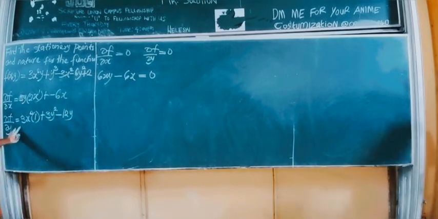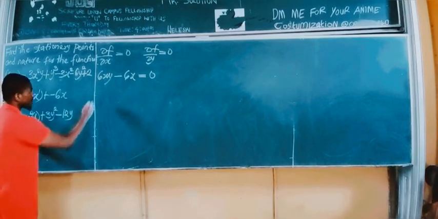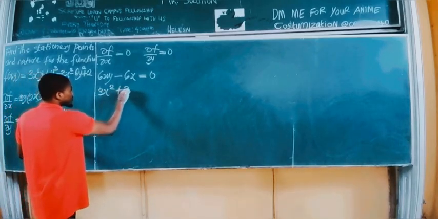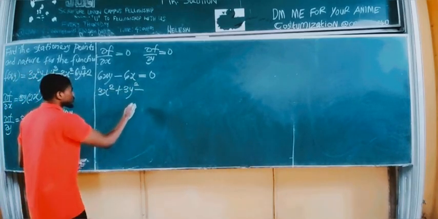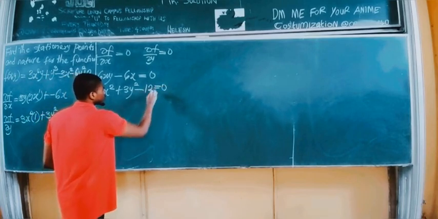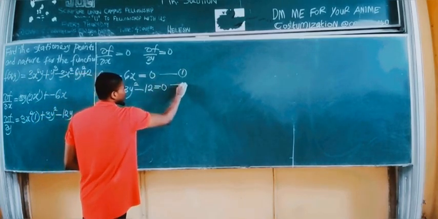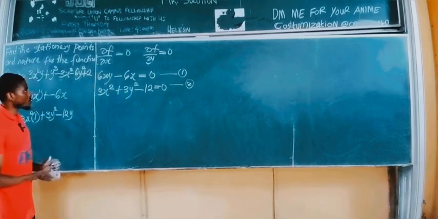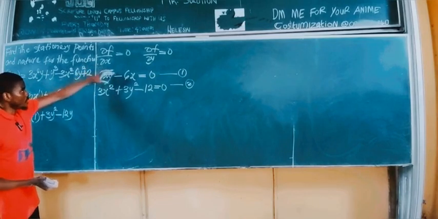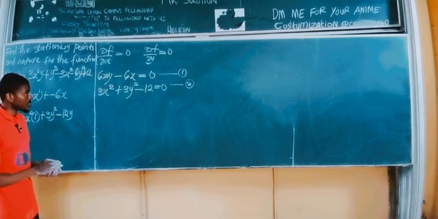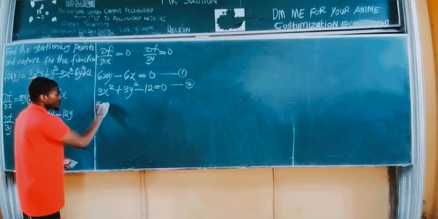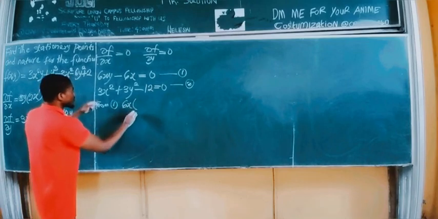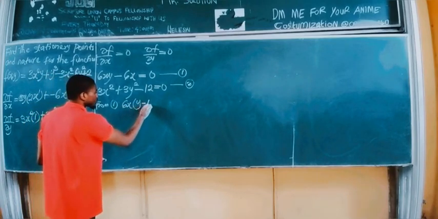Next, equate partial f partial y to 0. It becomes 3x squared here, plus 3y squared minus 12y equal to 0. So I simply have two equations, equation 1 and equation 2. So I will solve this simultaneously now. In the very first equation, I notice that 6x is common between the two. So I can actually factor out 6x. So from equation 1, I will simply have 6x into y minus 1,